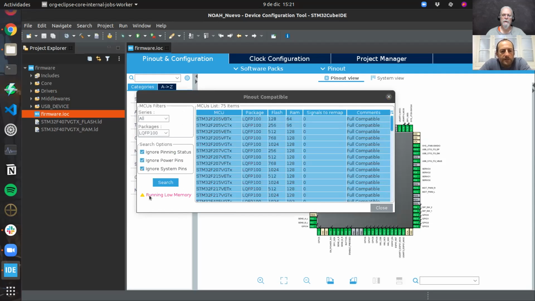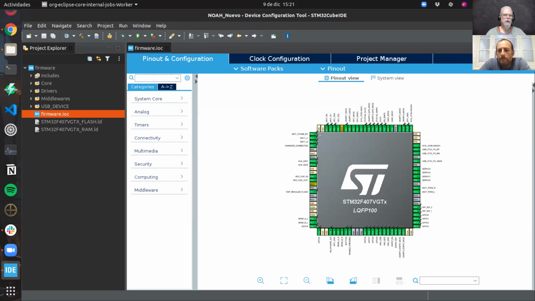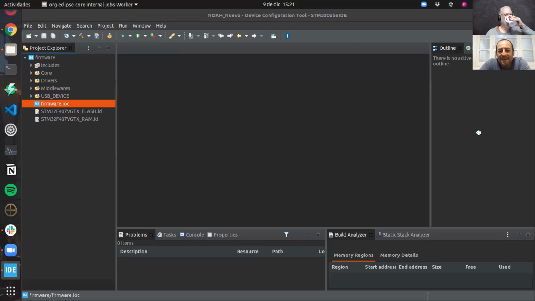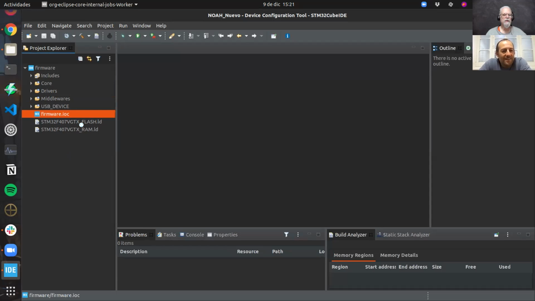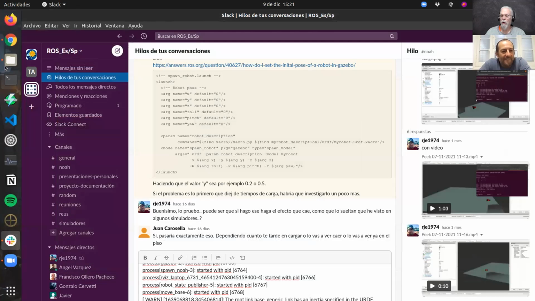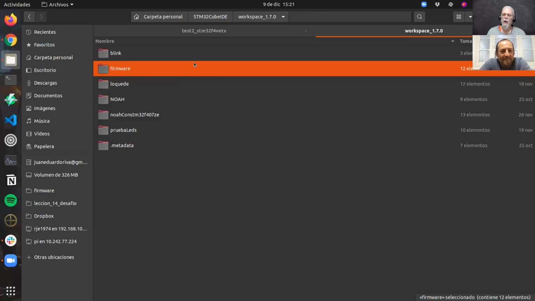I don't know why it's saying running low on memory. You probably have too many things running right now. Yes. But yes, if you can load this on Windows or on Linux, maybe run it on Windows and do the